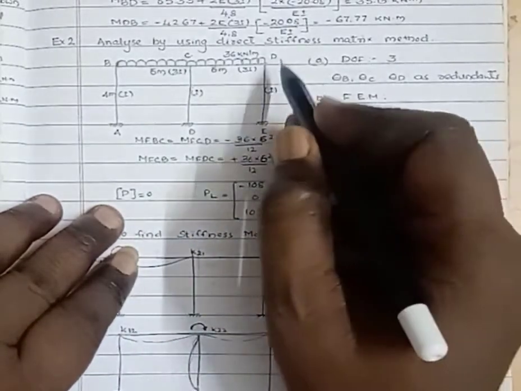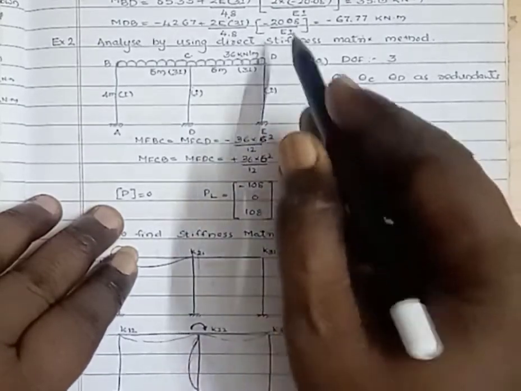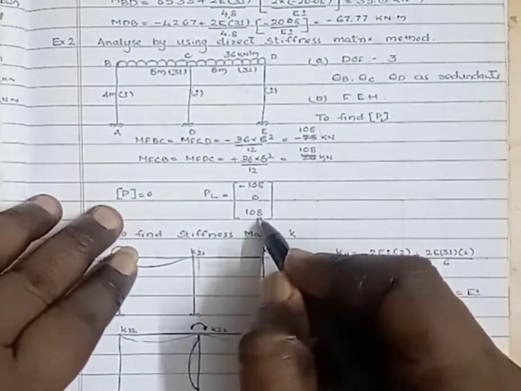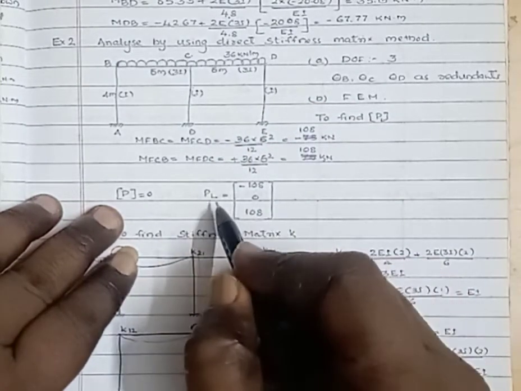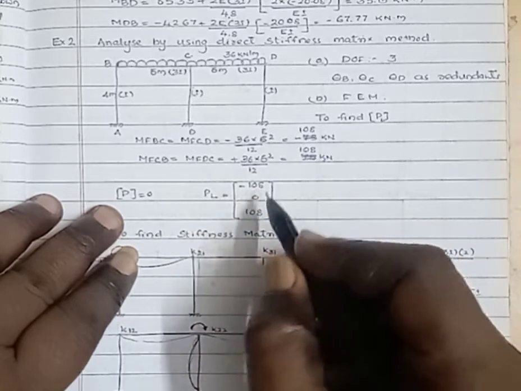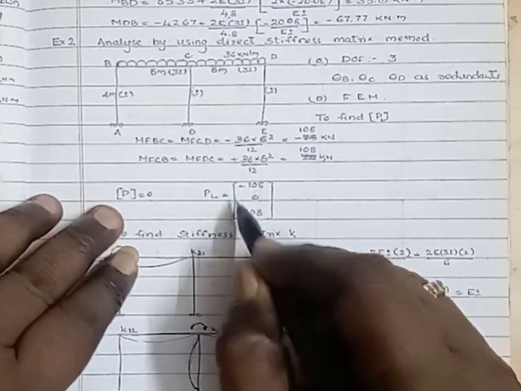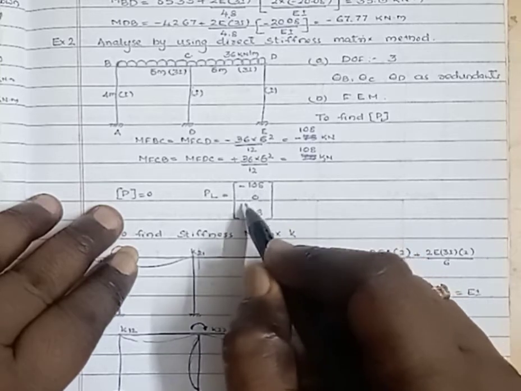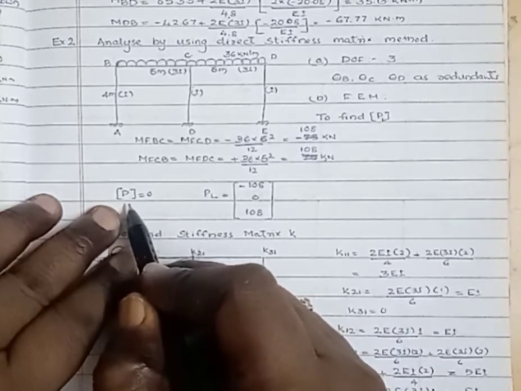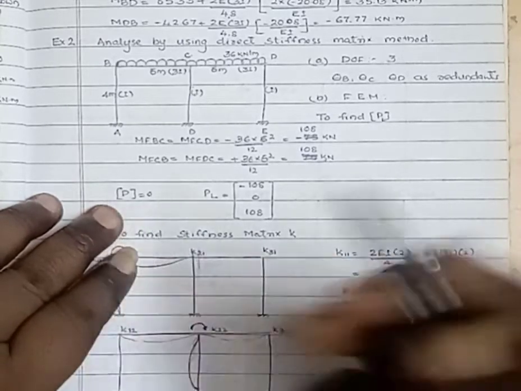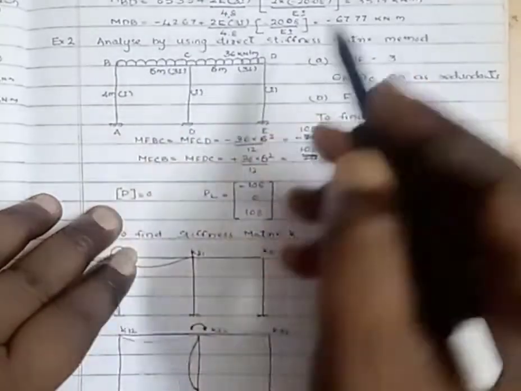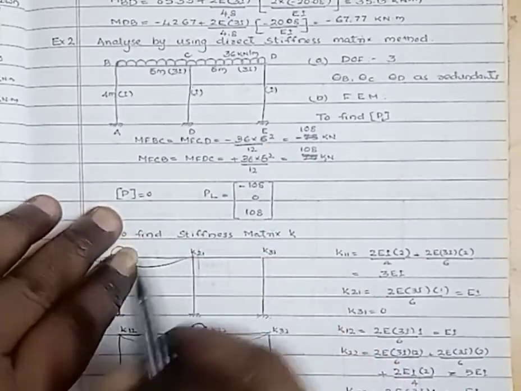Then at D, that is clockwise, the net moment is 108. Here, for the horizontal member, that is 108. For the vertical member, that is 0. Then the summation is 108. Here, we get the vector due to the applied load, that is the fixed end moments at coordinates 1, 2, 3: P1L is minus 108, P2L is 0, P3L is 108. Then the vector due to pre-existing loads, if any, that is due to overhang, no overhangs here, hence P equals 0 at coordinates 1, 2, 3.